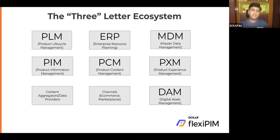And the next one is on content aggregators or data providers. So with respect to the product data you might have, sometimes you might have enriched information in-house, but in a lot of cases, you might want to lean on a third party data provider who would be providing all of this information, and then you would be processing that over before you target it to the multiple channels. So that's where this comes into play. So this would give you a good understanding